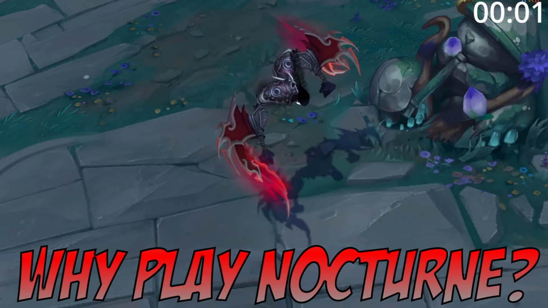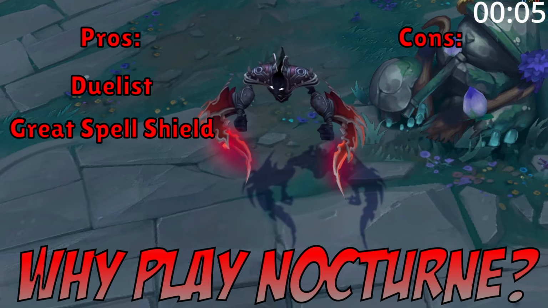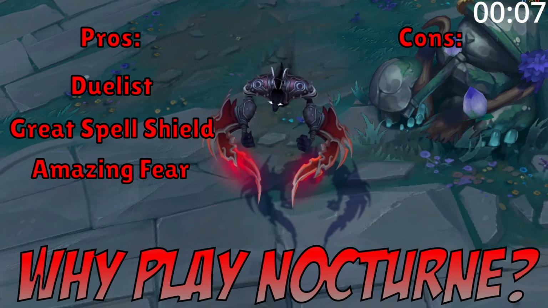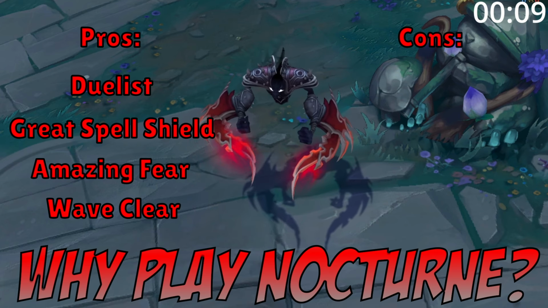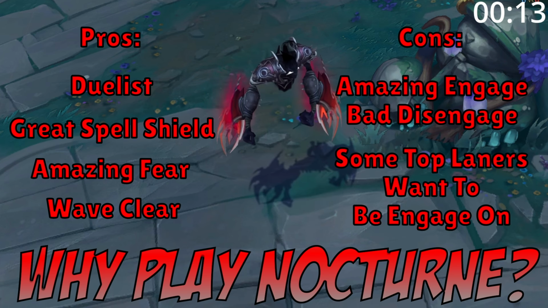Why play Nocturne Top? Well, he is an amazing duelist. His spell shield gives him great outplays, his single target lockdown is very strong, and he clears waves quickly and easily. However, he is very all-in with little disengage, and he can struggle into some of the harder lane bullies